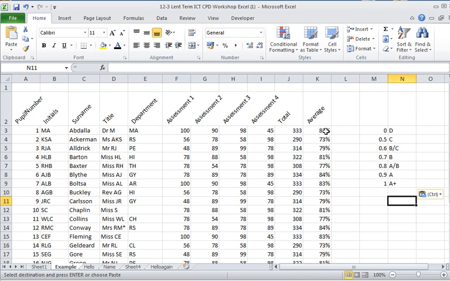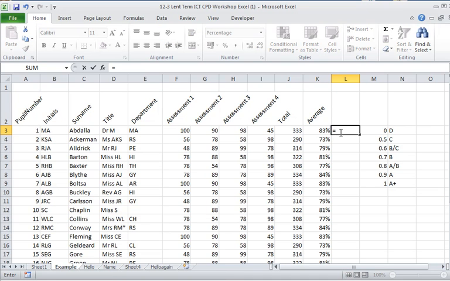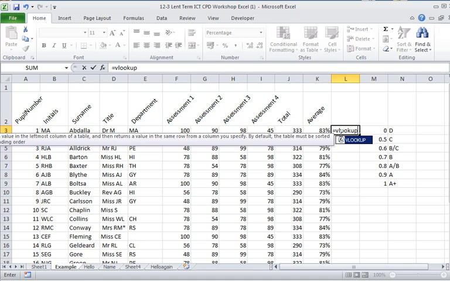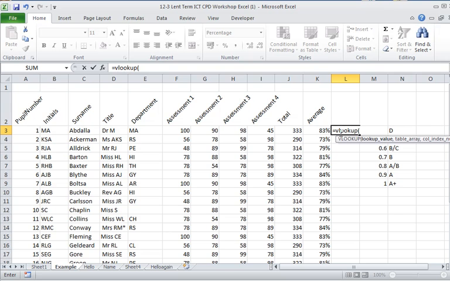I'm working in percentages here, so 1 is 100%, 0.9 is 90%, and so on. I'm going to start in this cell. I'm going to use something called a VLOOKUP, vertical lookup. I type in equals VLOOKUP, and I select the data that I'll be entering, comma, the table,